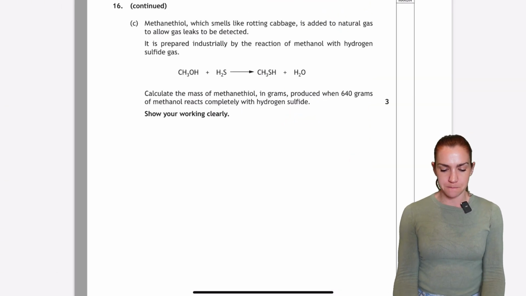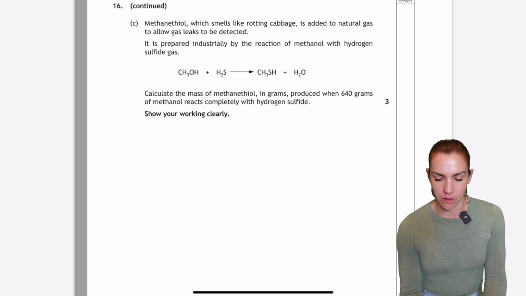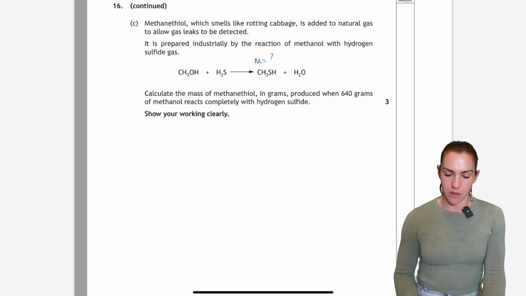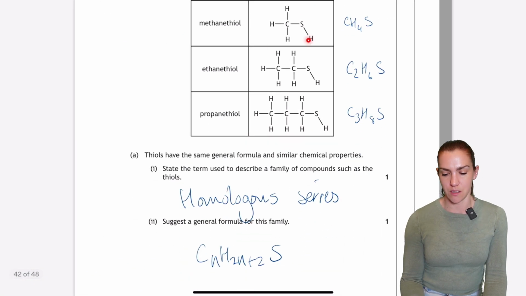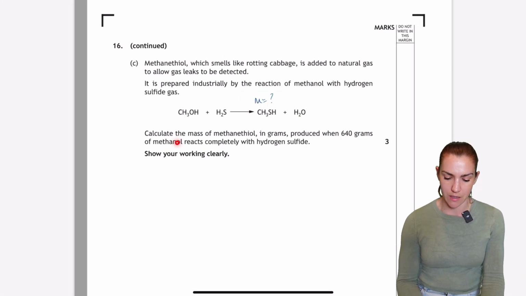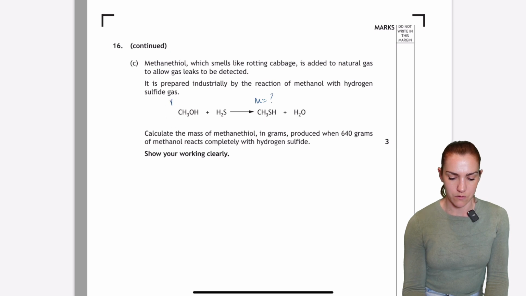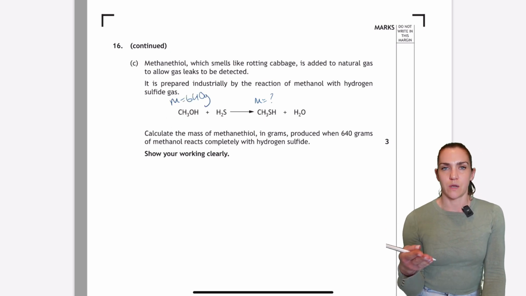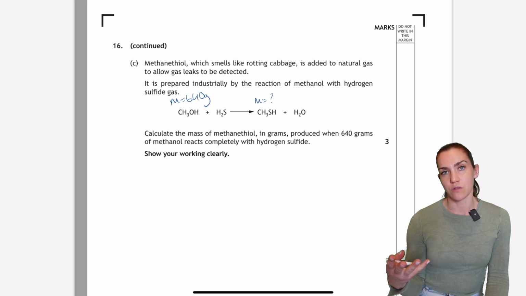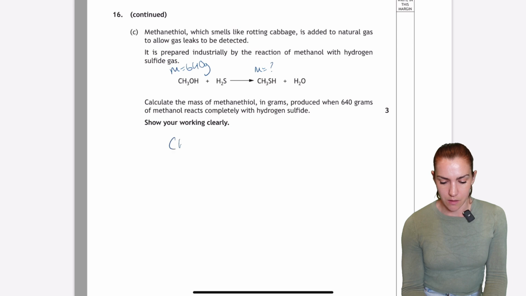For 16C, you're asked to calculate the mass of methane thiol. So we know the methane thiol is this one here. Because of the last question, we can see it's CH4S, or the CH3SH that's written as here. So calculate the mass of that when 640 grams of methanol reacts completely. So this is methanol here. So again, mass is 640. Writing the numbers and question marks above the chemicals helps you work out which chemicals you need to use for your calculation. So then if we write down their formulas,